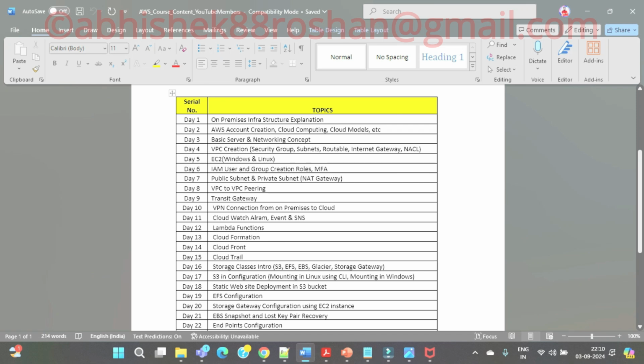As I said before, you should be ready with your AWS account, so please make sure your account is created. For cloud computing, I'll tell you the deployment models, like infrastructure as a service, platform as a service, software as a service, and what public cloud and private cloud are. These are basically definitions only. Then we'll move ahead to the hands-on part.